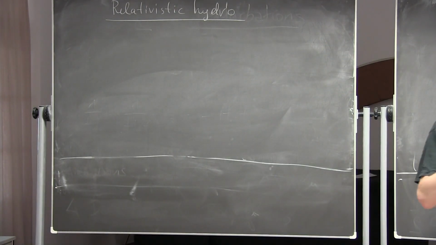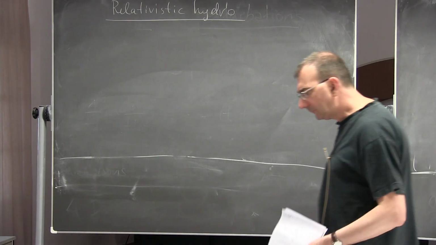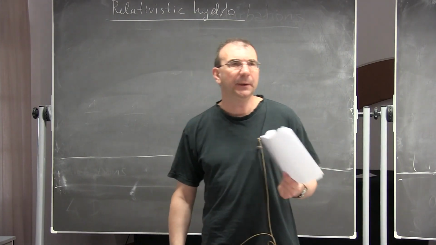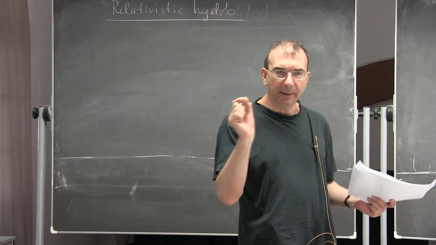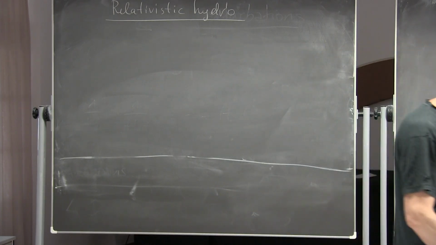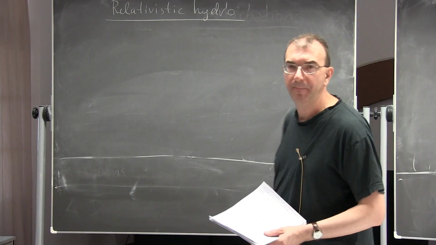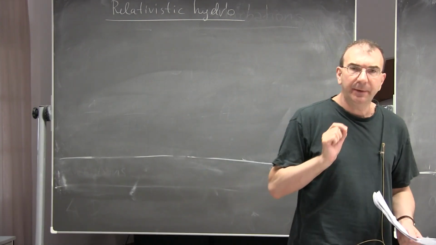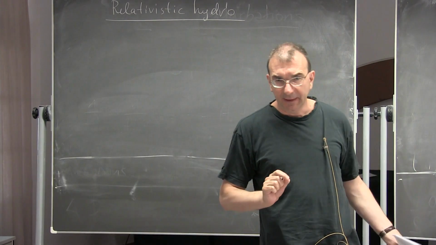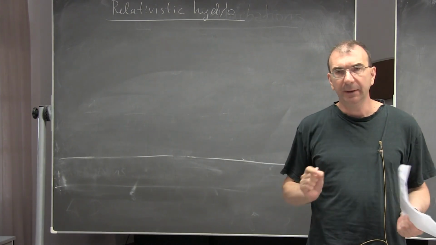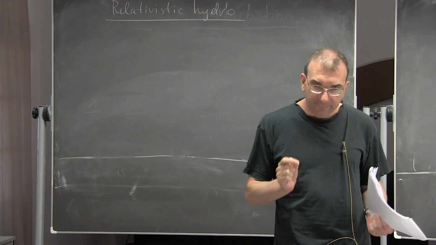How to integrate out the fast degrees of freedom, how to go from the microscopic description of the system to the description which takes only a few degrees of freedom, a few quantities, which are densities of conserved charges, and they adequately describe behavior of water, for example, at scales which are sufficiently large and times which are sufficiently large. In case when you have a kinetic regime in the theory, which we discussed last time, so for example, when you have sufficiently dilute gas or very weakly interacting system, right?